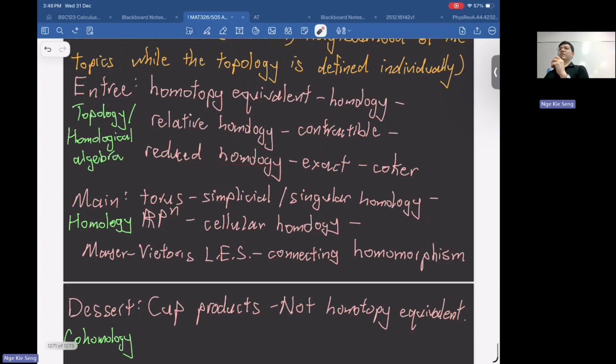That's it. 对，你应该要 spend more 一点 time 在 cohomology。For cohomology 你只要记得他们的 cohomology ring 就好。